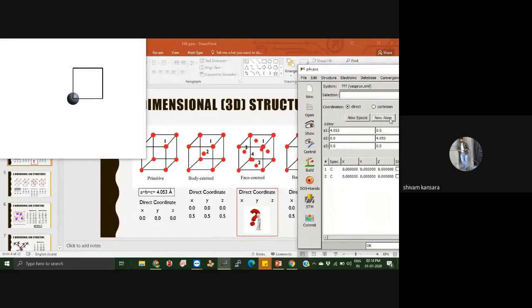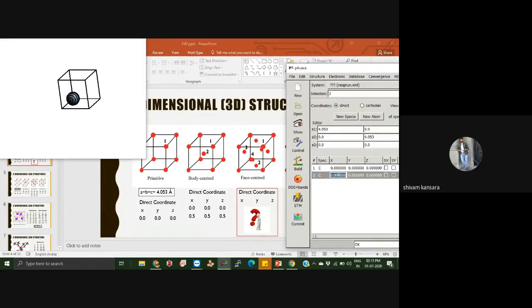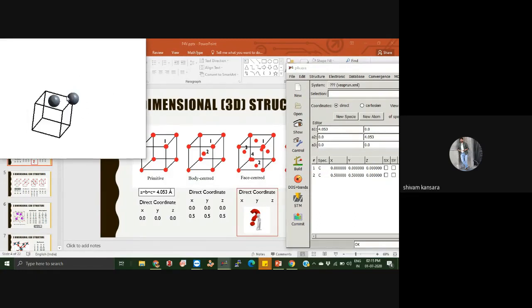Okay, and we want to make this base center cubic. Base center cubic, first system is 0 0 0. So new atom, and we want this new atom in the base center. This is a 3-dimension system. So now 0.5, another atom in the corner of the system, and again 0.5. So you can see that this is the face center. Okay, face center cubic, fine.